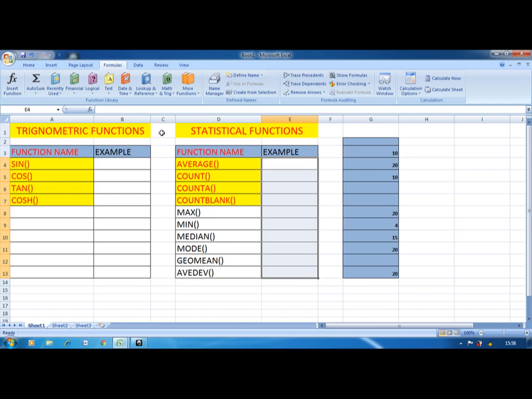In this class we will learn the trigonometric and statistical functions.